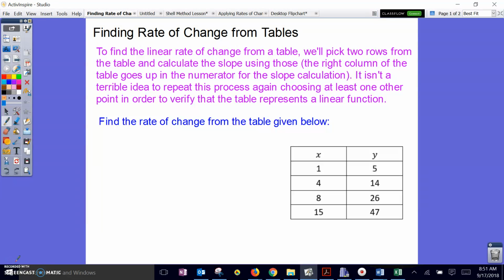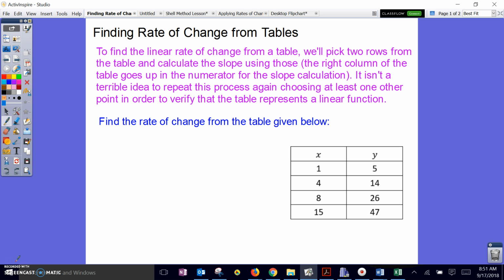Alright everybody, welcome back. In this video we're just going to talk very briefly about how we find the rate of change from a table of data. We're using this when we know that we have a linear data table. So in order to do this, to find the linear rate of change from a table, what we'll do is